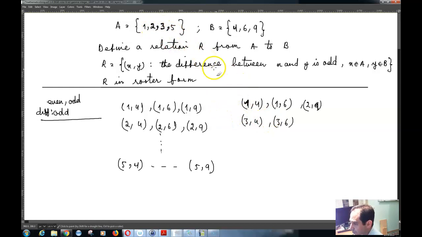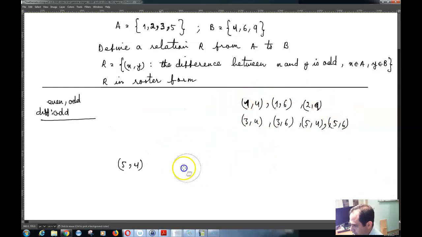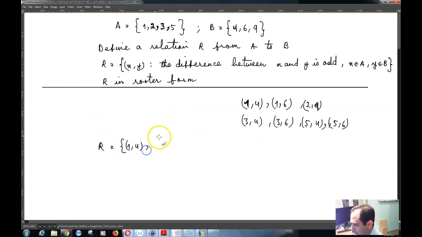So 1, 2, and 3, and 5. So 5 comma 4 I can take, 5 comma 6 I can take, but 5 comma 9 I cannot take. So these are basically the members of R. So then I can write R is equal to basically 1 comma 4, 1 comma 6,